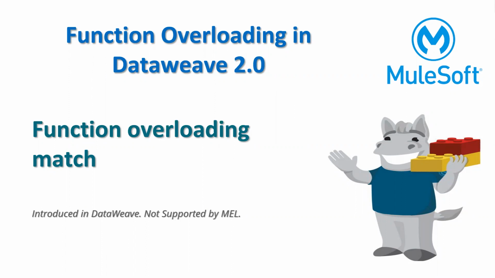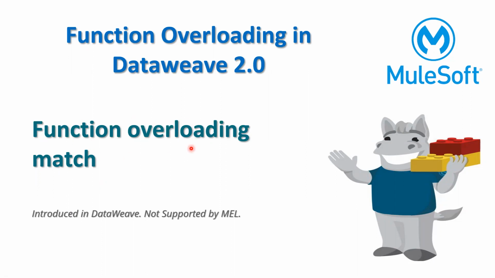So here, DataWeave enables you to create multiple functions with the same name but different signatures. What does signature mean? The signature comes with the return type, or the number of input parameters, or the order of the parameters. Those things will be different, while the name of the function is the same, and we'll see how we can achieve this with the help of the match operator.